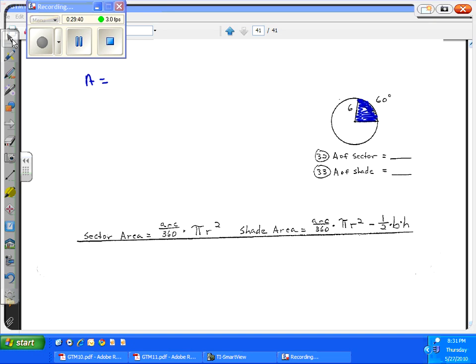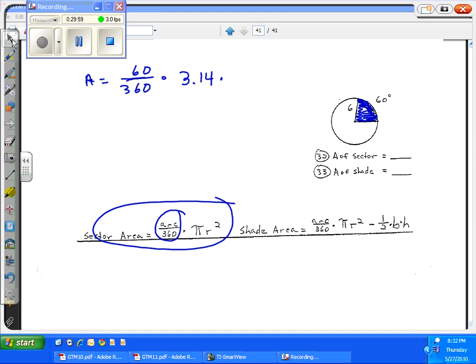The area of the sector is a fraction of the area of the circle. Here's our formula. The fraction is arc over 360. So we put the arc, 60, over 360, times pi times the radius squared. It's a fraction of the area: arc over 360 times pi times radius squared. So we're just going to multiply all that, and that's it. 60 divided by 360 times